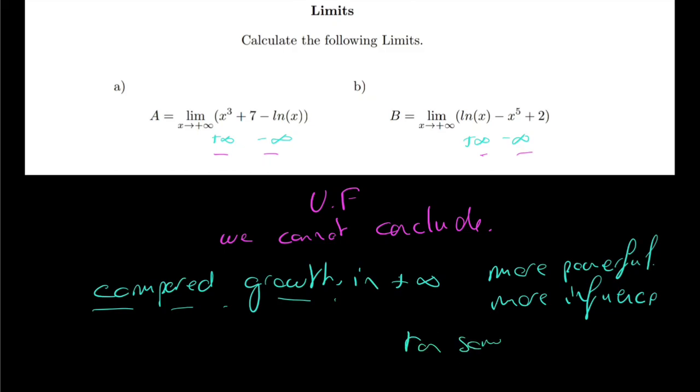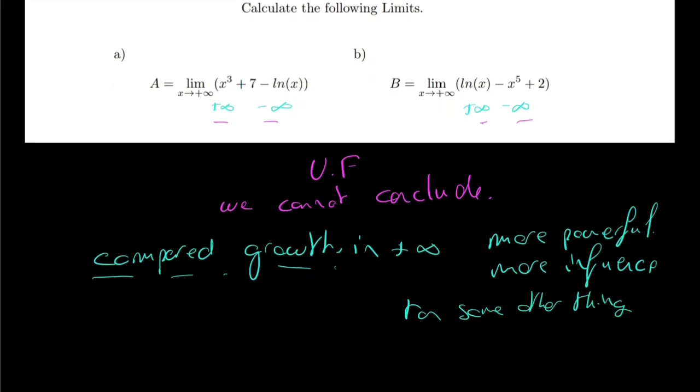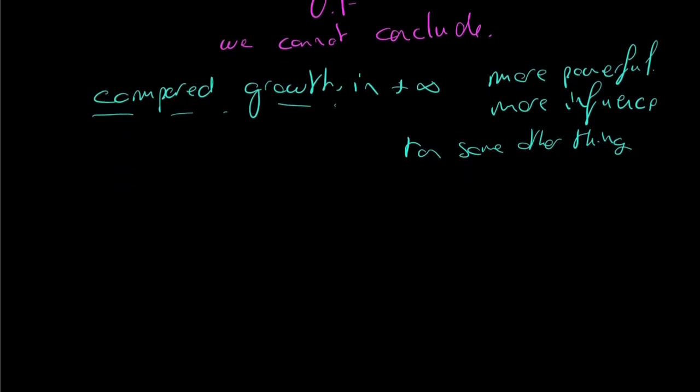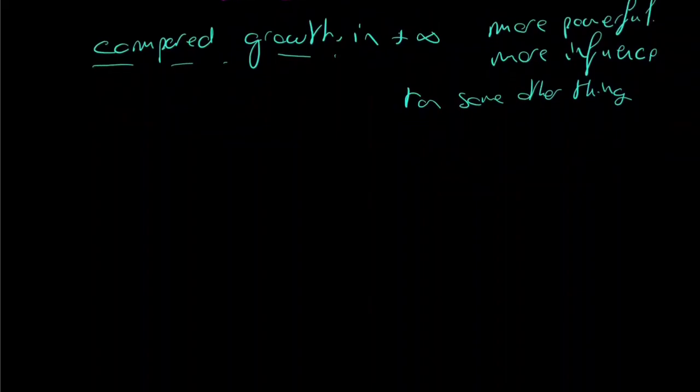Here we see that we have some polynomials, some constant. We don't really care about constants at plus infinity. And basically that's it. What you have to know is that the weakest function at plus infinity,